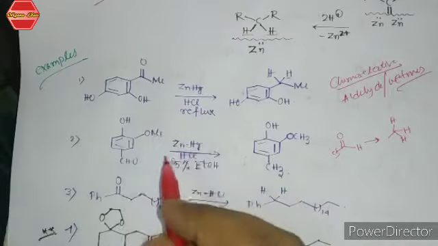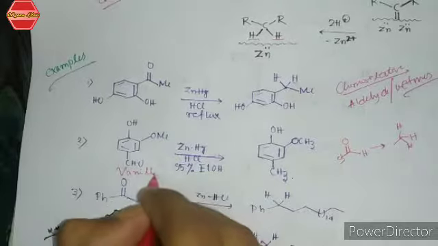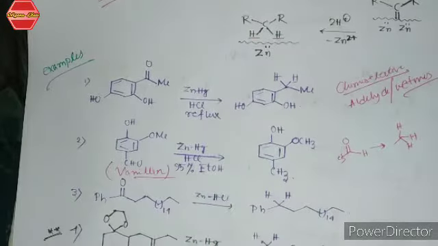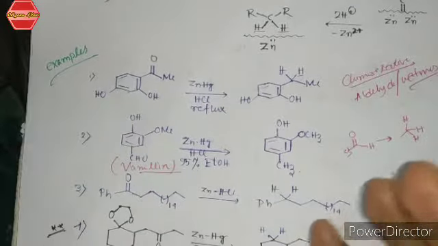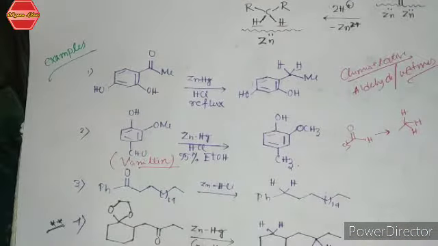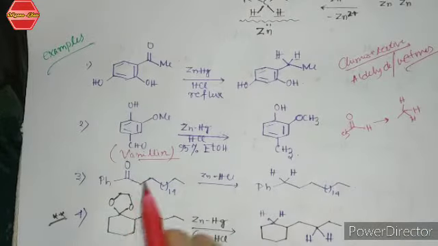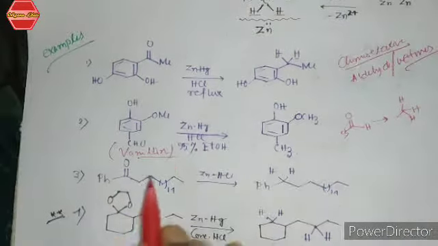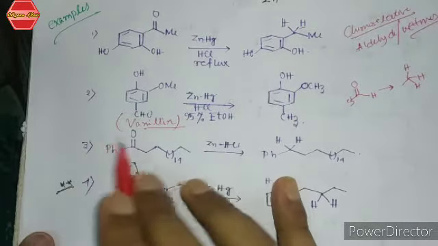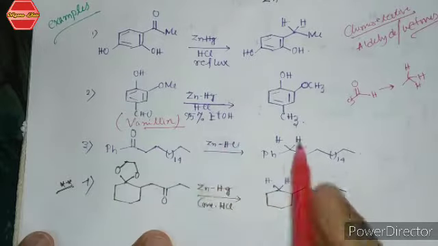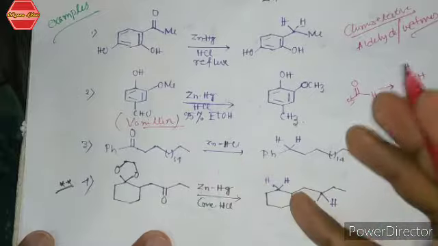Now see, there is an important compound. This compound is called vanillin. Vanillin has a very important, very interesting smell, and it is also used in different types of industries, such as the cake industry. Now let's take a compound like this. There is a ketone. This ketone is also reduced to a CH2 unit. Okay, so that is how the reaction is formed.